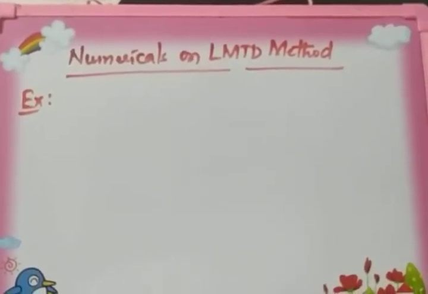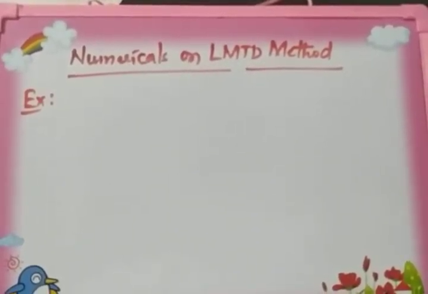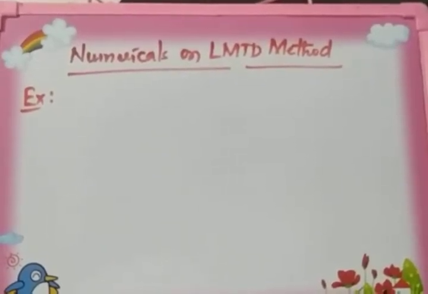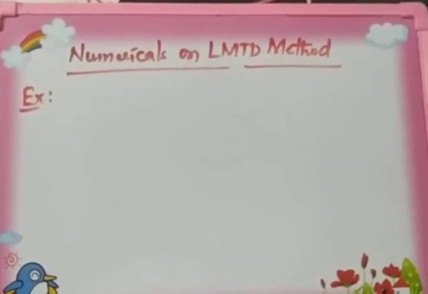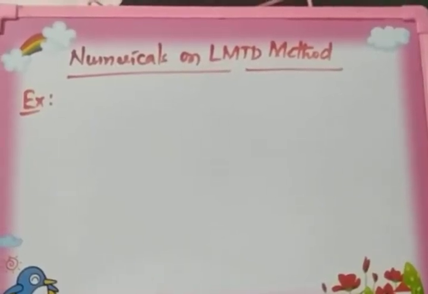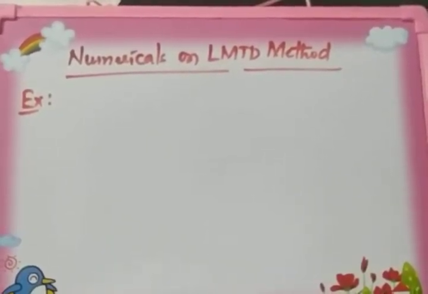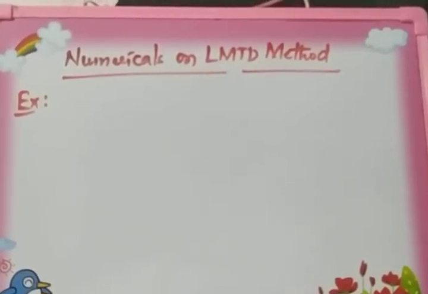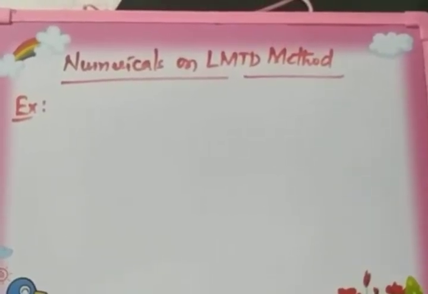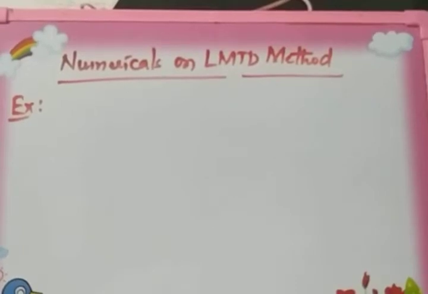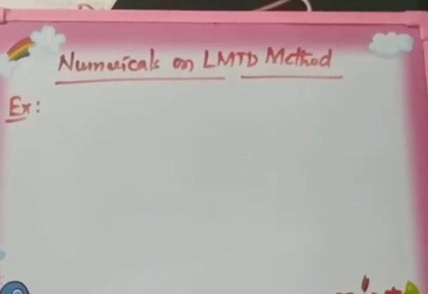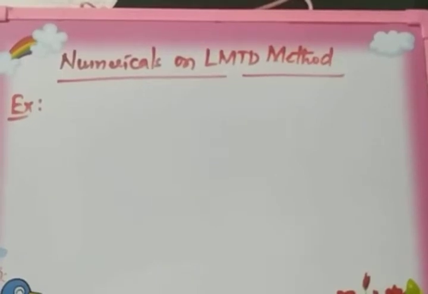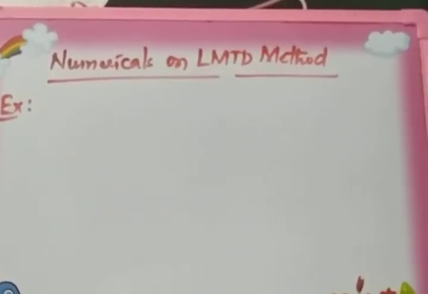In the previous session, we discussed the two methods of analysis of a given heat exchanger, where I could tell you the first method called the LMTD method of analysis. In that session, we derived an expression for the LMTD of a given heat exchanger. Typically, we discussed two different types of heat exchangers, the parallel flow heat exchanger and the counter flow heat exchanger, where we derived an expression for the LMTD of those two heat exchangers.